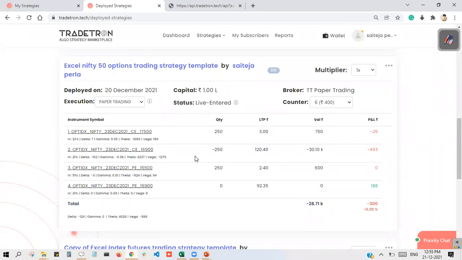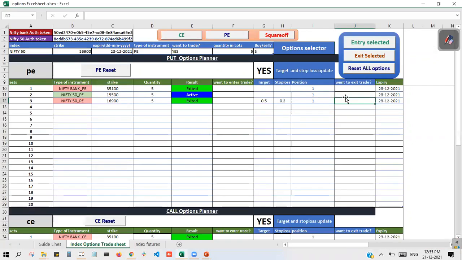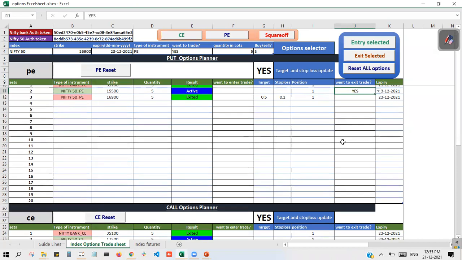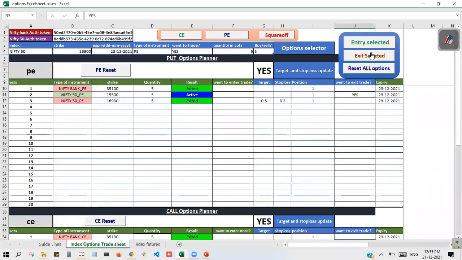Okay, this is how you need to exit the order when the option has hit stop loss and target. Now let us go to the Excel sheet. I want to exit the remaining options. What I will do is click yes here for the remaining ones and then click exit selected.